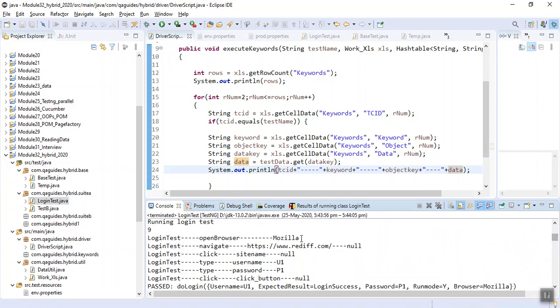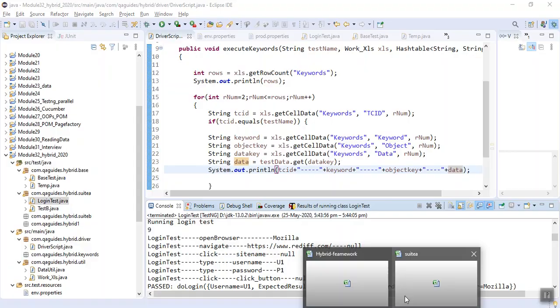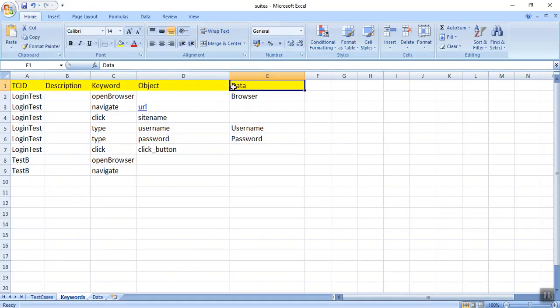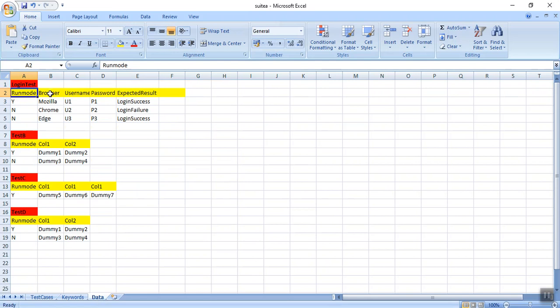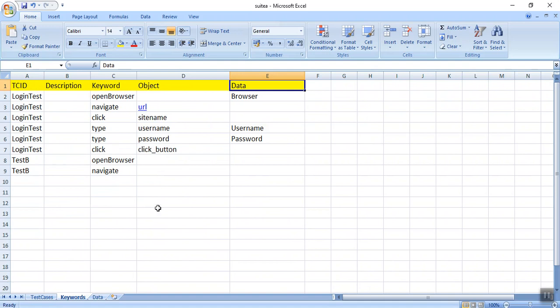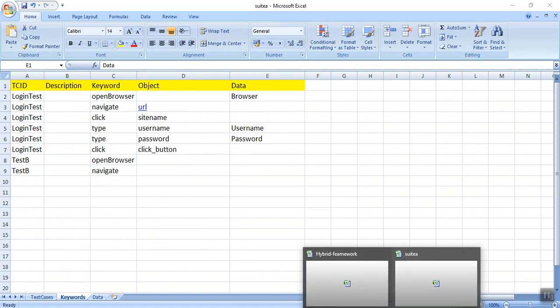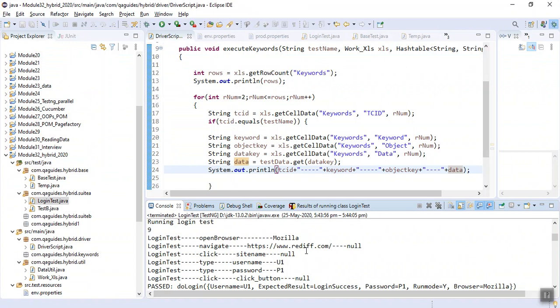Now see, we are getting the original data. So login test, open browser, and the browser data is, so it goes to browser data. So browser is Mozilla, fine. Then it will go for URL.